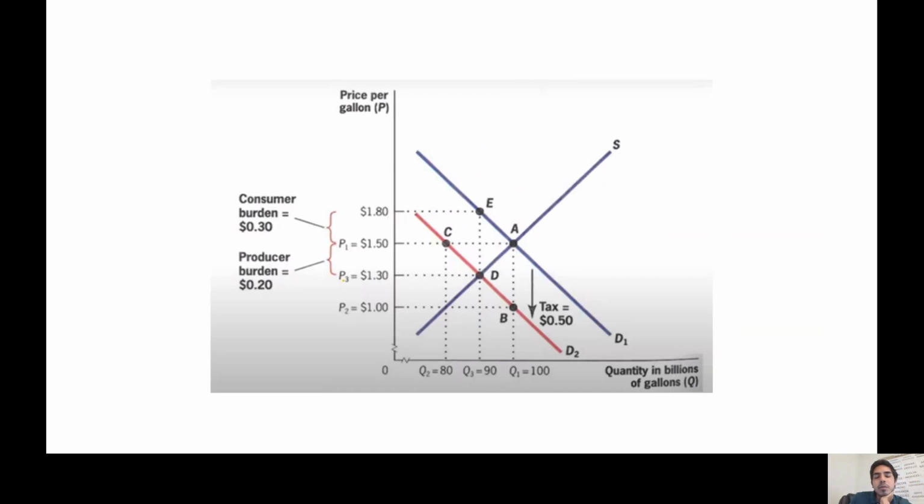And then finally, we're not going to model taxation as a leftward shift of the demand curve, but you could, right? You could think of a consumption tax as a leftward shift of the demand curve, and you could see that the consumer and producer burden are the same. Consumer burden is still 30 cents, producer burden is still 20 cents. It doesn't matter who actually deposits the check in the United States Treasury for the gas tax, right? So we can think of the burden of taxation as being tied to elasticities, not tied to who the government forces to deposit the check.